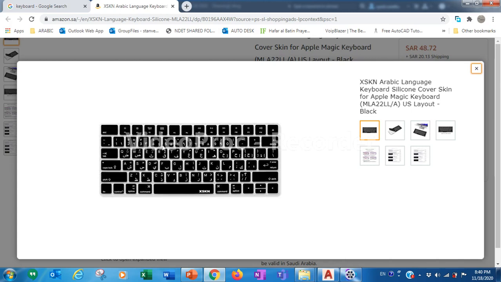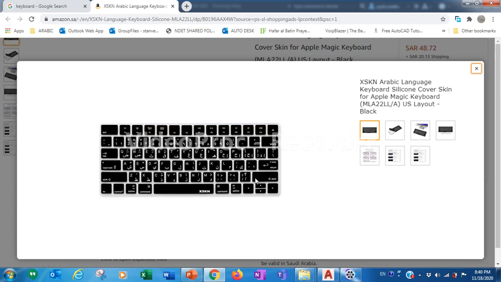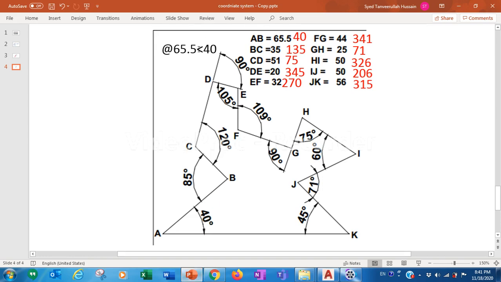Then you have to type the length, and after that, type the less than symbol. This symbol is present here. Press shift and this button beside M to get this symbol. Then you have to type the angle 40.